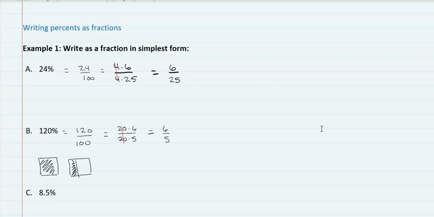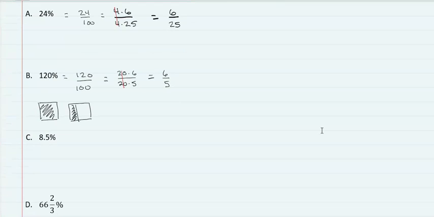All right, the next one is 8.5%. So this is 8.5 per 100. And we don't really like decimals and fractions, so we need to take care of that. So we're going to say times 2 over 2. And that's going to give us 17/200ths. And then you would reduce that, but it doesn't reduce because this is a prime number,